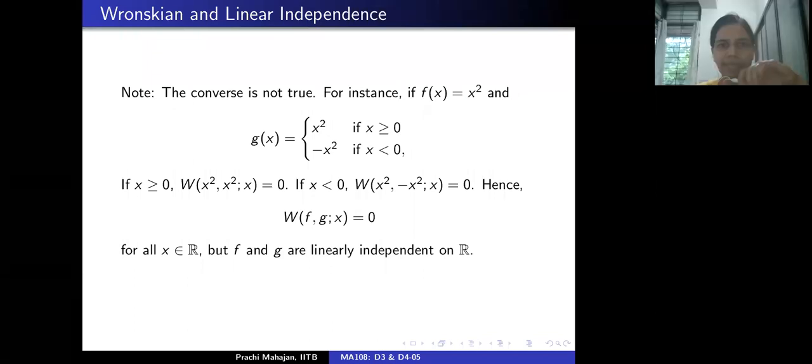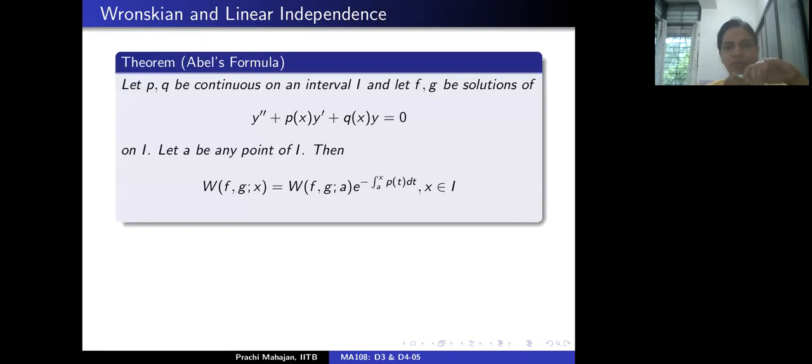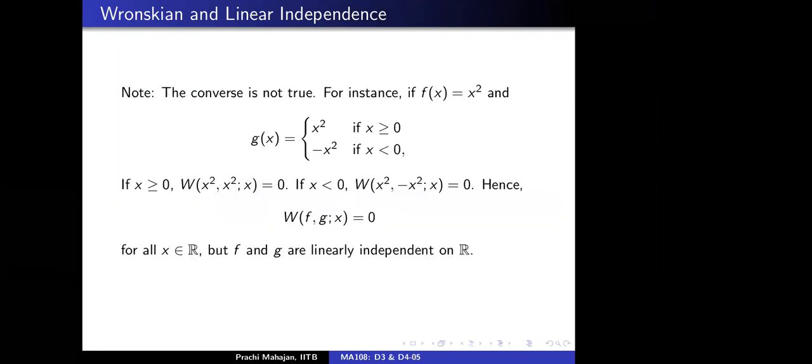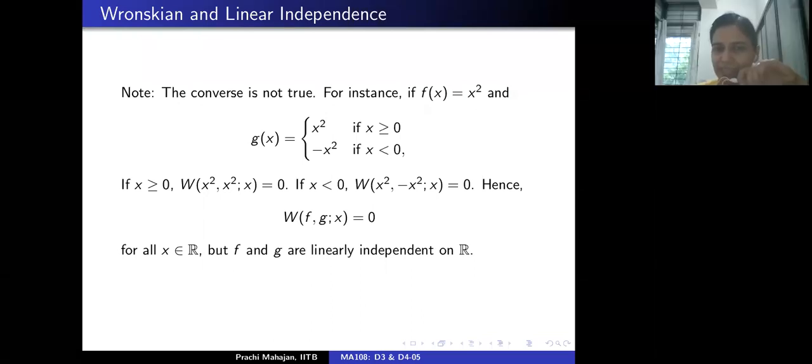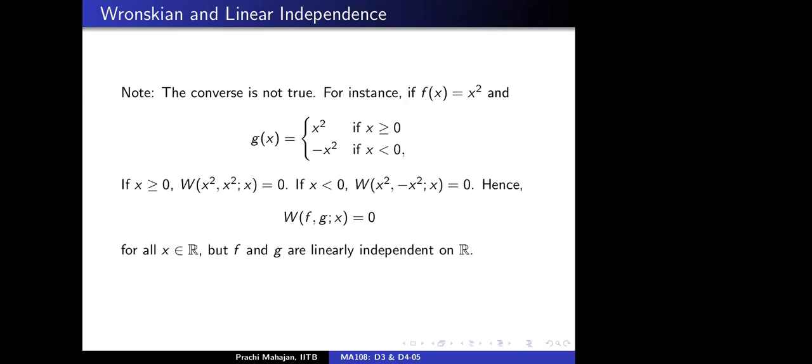So let's just go ahead. Excuse me, ma'am. I was wondering if there is any linear algebra intuition behind this. Wronskian seems to be like the determinant of a linear transformation. In linear algebra, if the determinant is 0, then the vectors are of course linearly dependent. But over here we can see that even if the Wronskian is 0, they are linearly independent, and we did see an example.